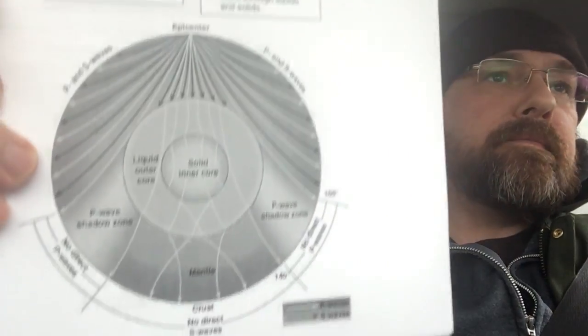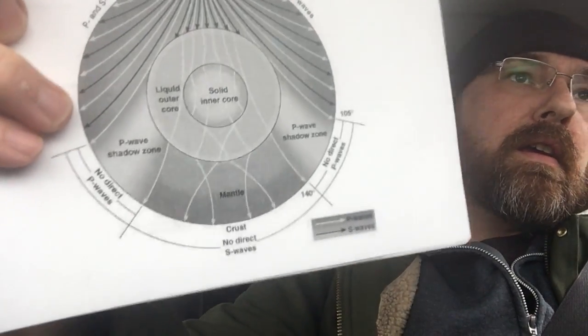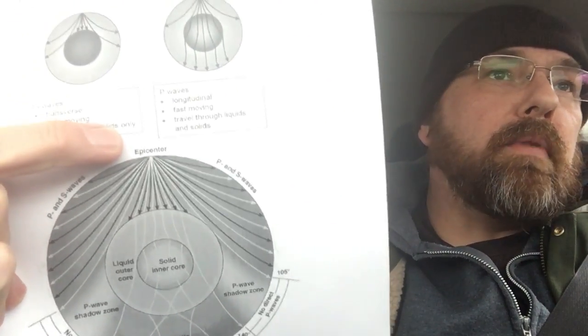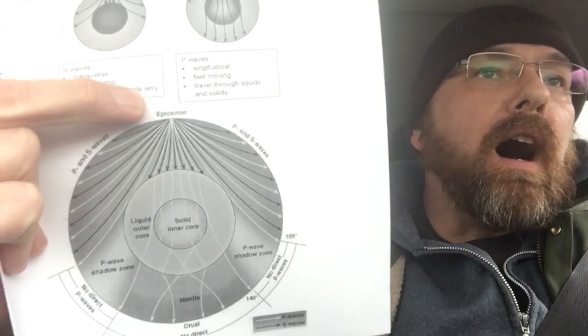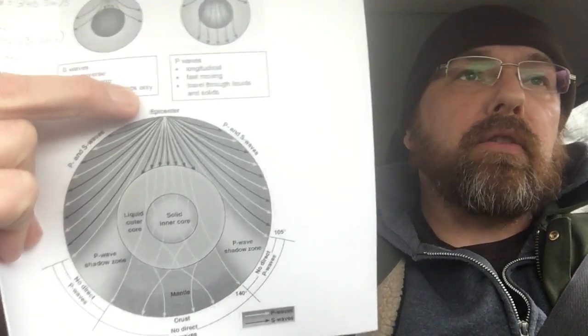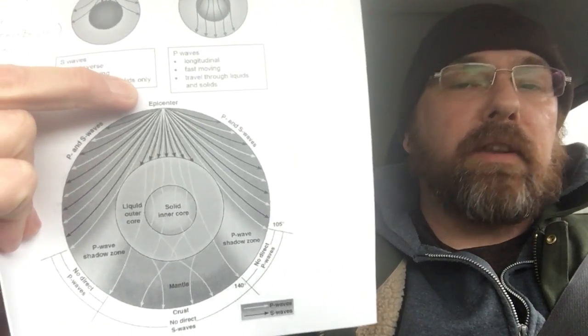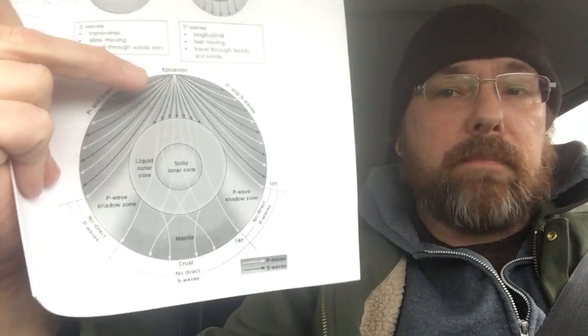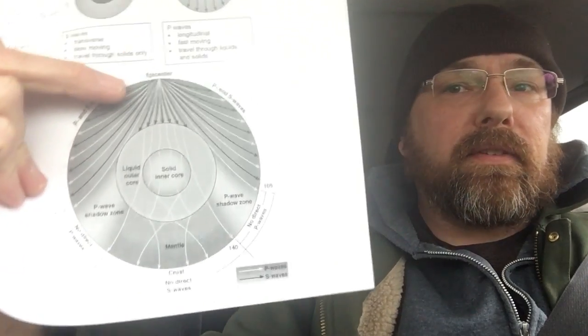So, what does that have to do with the internal structure of the Earth? Unfortunately, our printer is only printing in black and white. But you see here, this bottom is a chart. They have epicenter written here, but it's actually the focus. The focus is actually where the earthquake occurs, but most of them that we measure do damage are only maybe a couple miles deep, and the Earth is a lot thicker than that, so it's essentially the same thing.